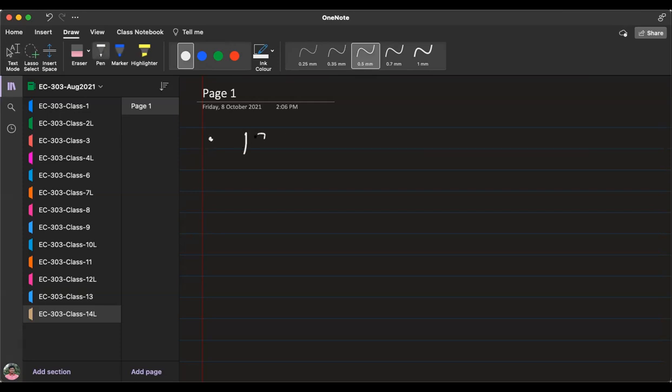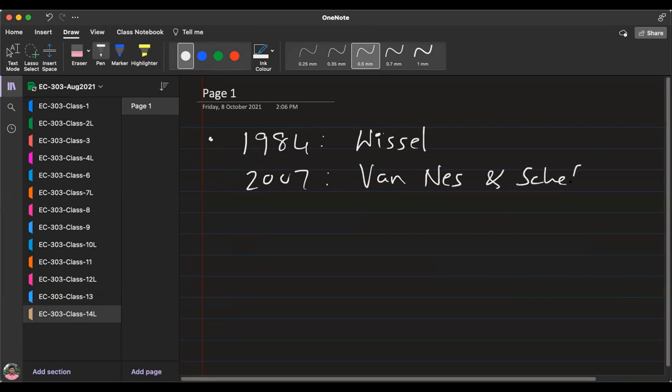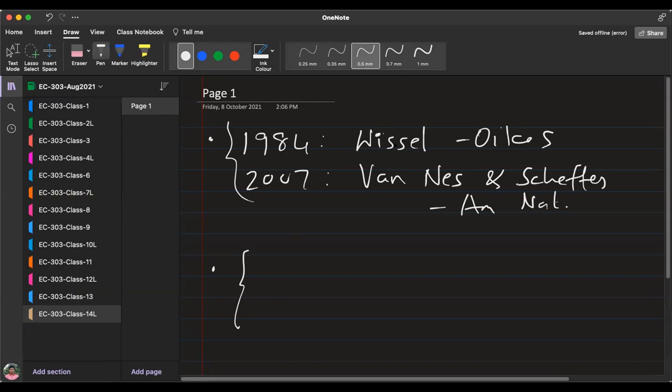There is a paper in 1984 by somebody named Fissel, which uses these ideas of autocorrelation time and related ideas. Then there is another paper in 2007 by another set of authors that does something very similar. This one is a paper in Oikos. This is the paper in American Naturalist. This is one pair of papers, and there is a second pair of papers.